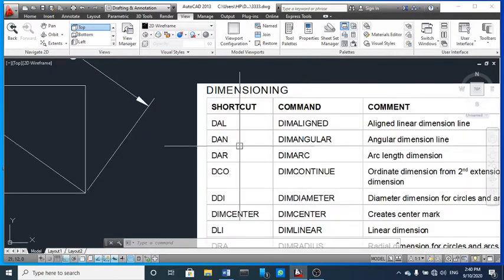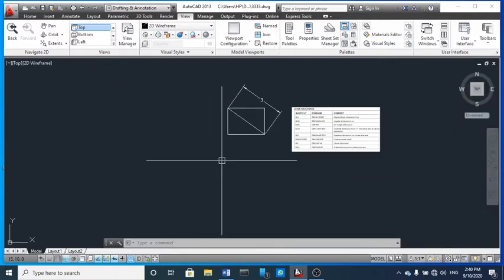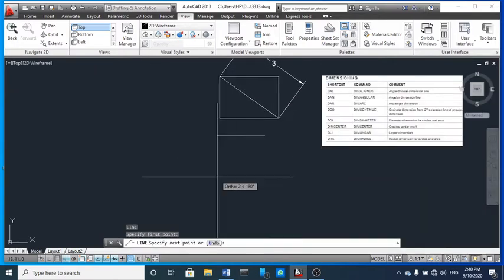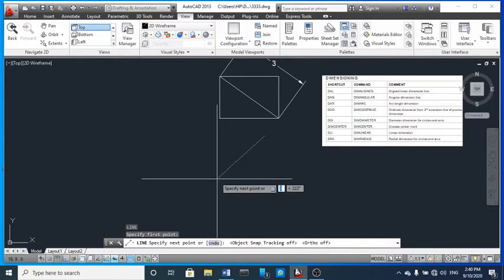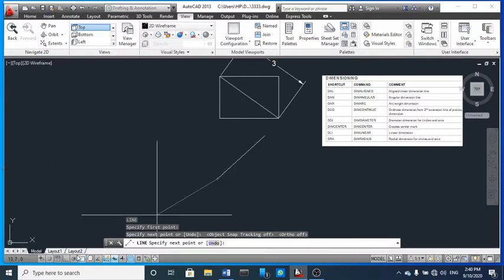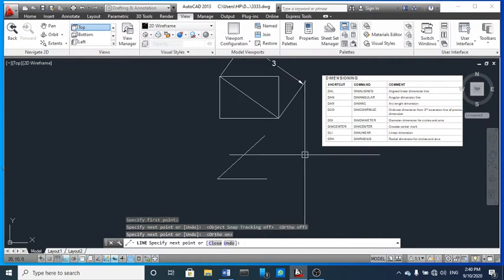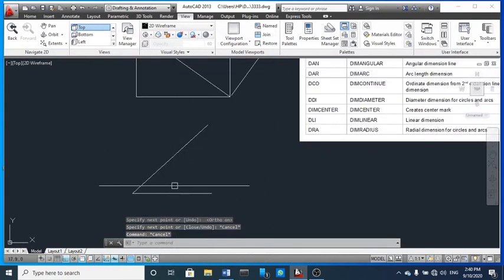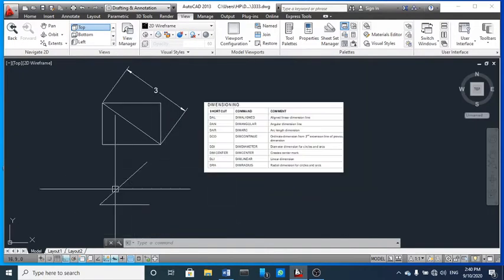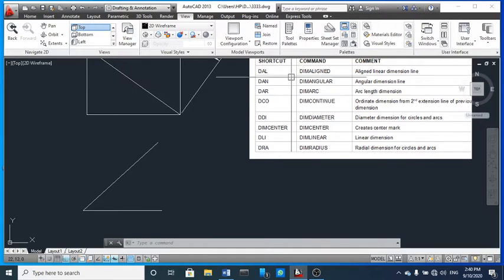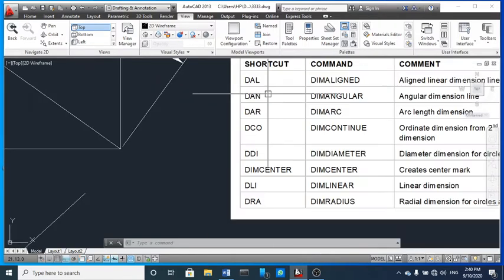Next one is dim angular. This is especially for when you want to get the angle between two lines. So I am going to draw a line at some angle. I don't know how much this angle is, so let's calculate the angle between these two lines. I am going to type DAN.